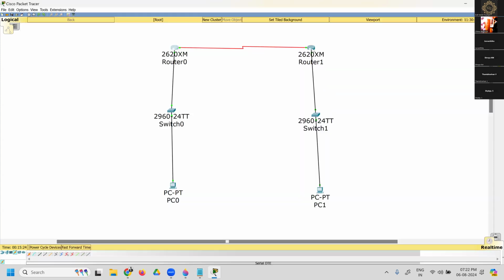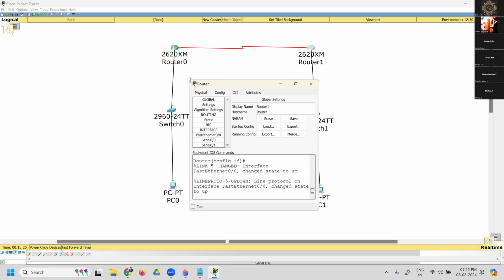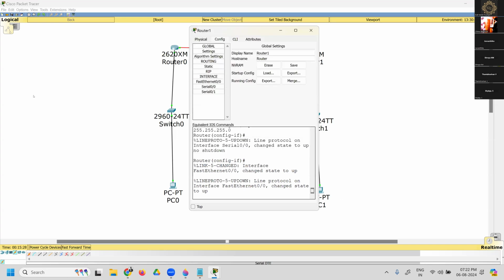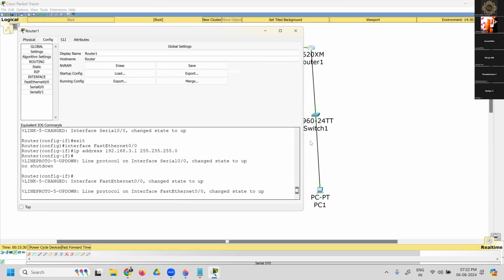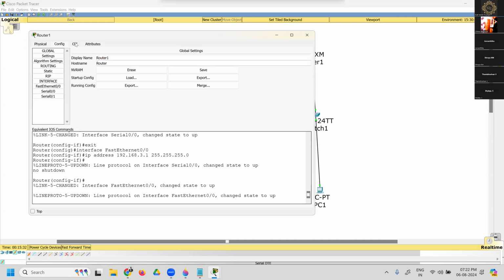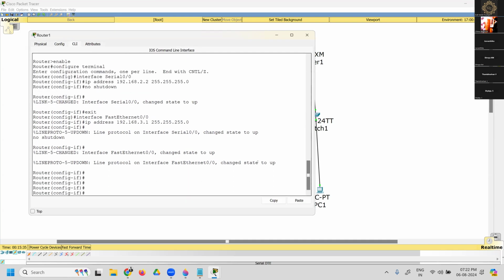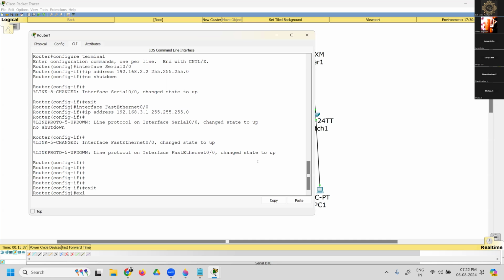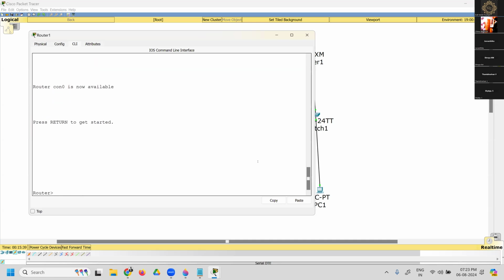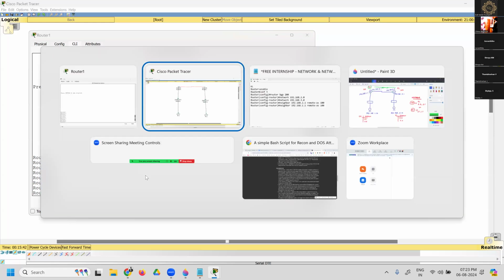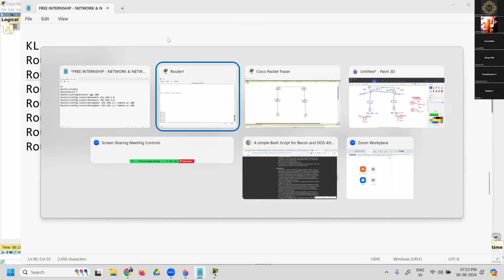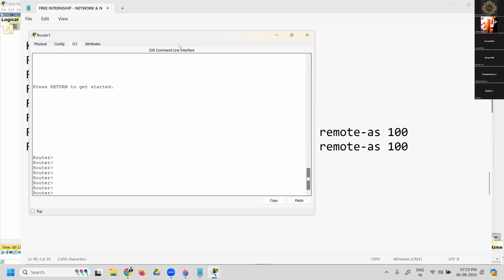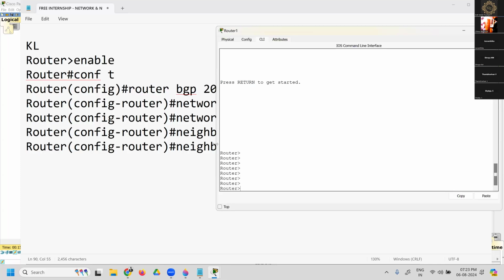Let's type. So I'll go to this router. I'll show it to you again. Now we are in the second router. You'll go to command line, hit enter, give exit, exit, exit, enter. Now we are in the login mode. Now we'll open the notes and type simultaneously. Okay, so first we will type